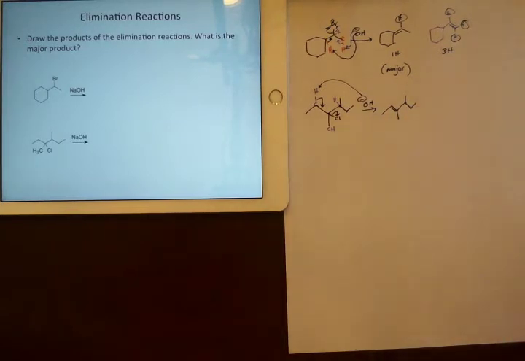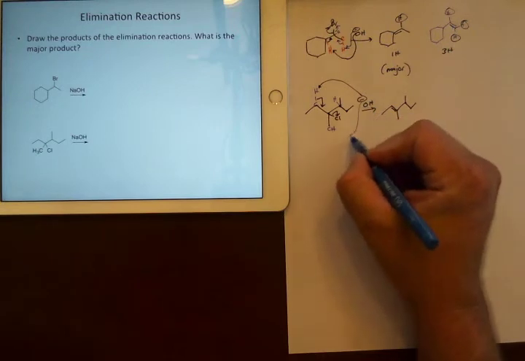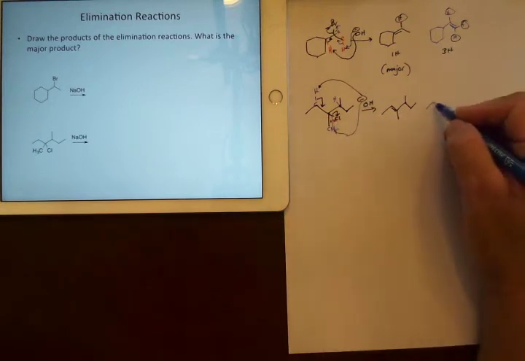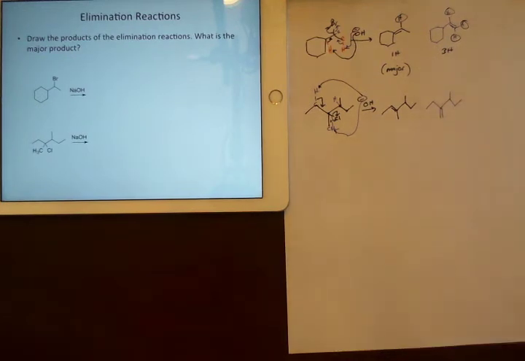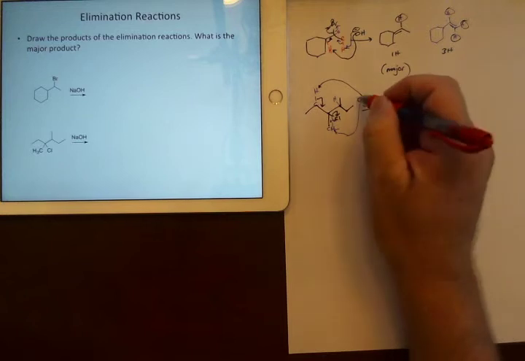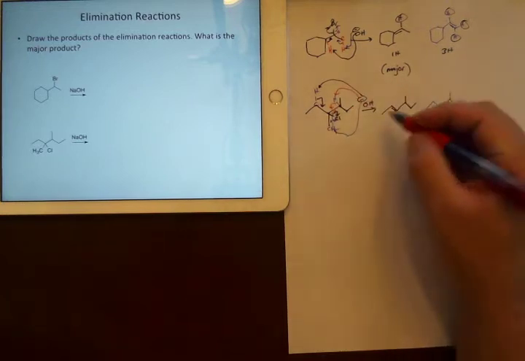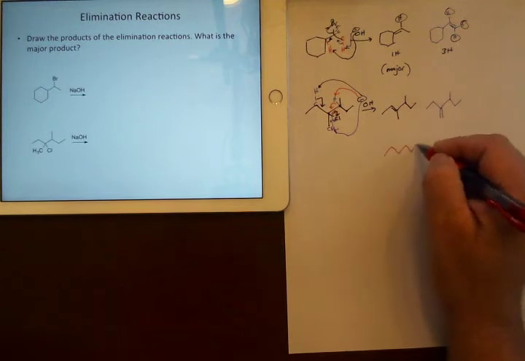If we were to take that hydrogen, collapse down, kick away, you would get here. And if you were to do this one, collapse down, kick away, you would end up with